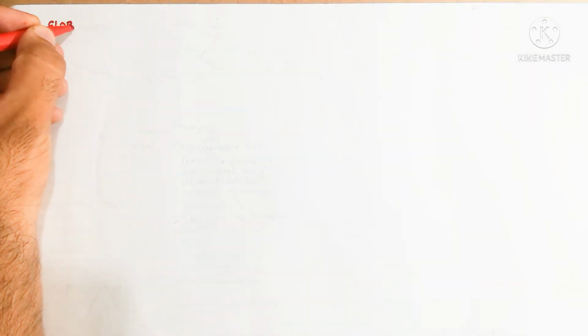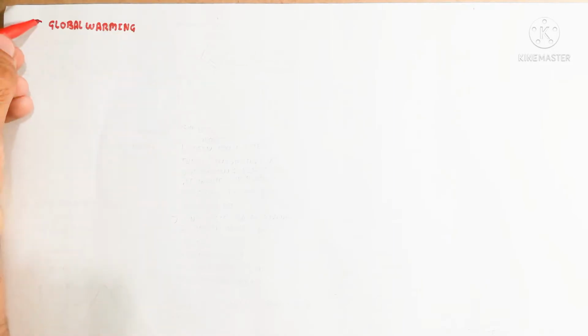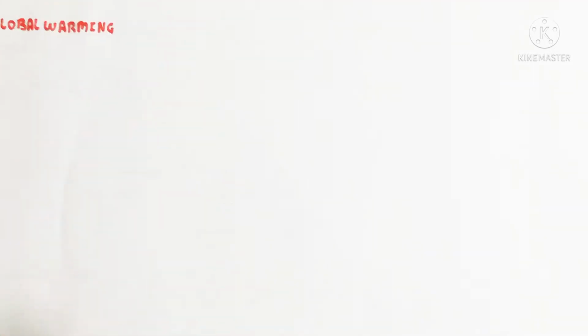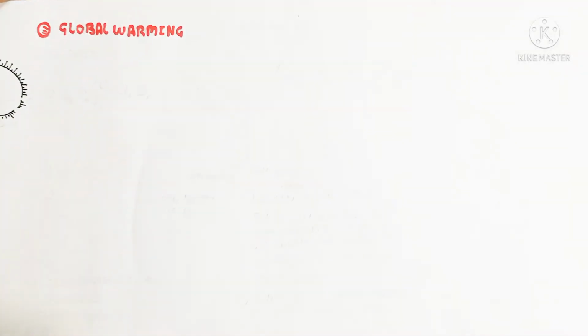So let's begin to understand global warming and its effect on the earth. First of all, let's understand the solar system. The solar system is made up of different planets: Mercury, Venus, Earth, Mars, Jupiter, Saturn, Uranus, and Neptune. This is basically